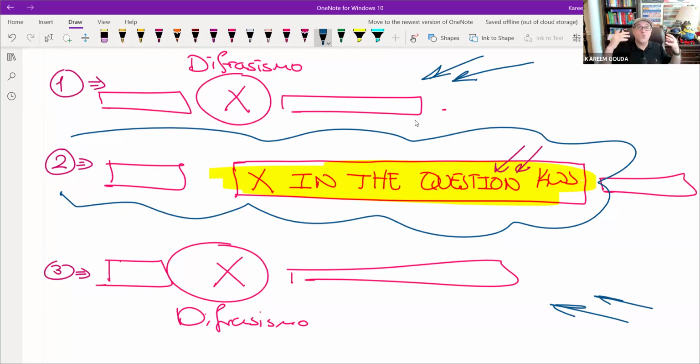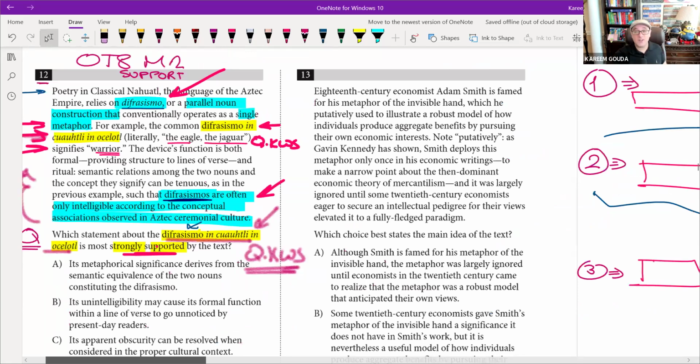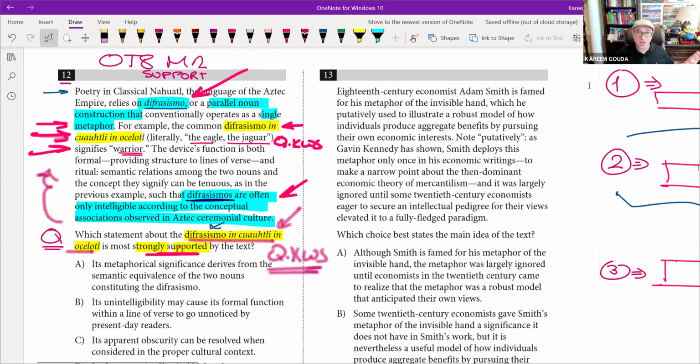My question is, which of the answer choices supports the part number 2 in yellow? It won't be the same thing. You can't support the thing with the thing itself. So it's either going to be the one in the beginning or the one at the end. Now, using this hack, let's go back to the 2 parts that talk about differencismo. And please note, guys, that I didn't explain anything. I do have a study guide for you guys where I explain actually what the passage is talking about. But I'm just assuming that you don't understand anything on the test, and I'm trying to give you some kind